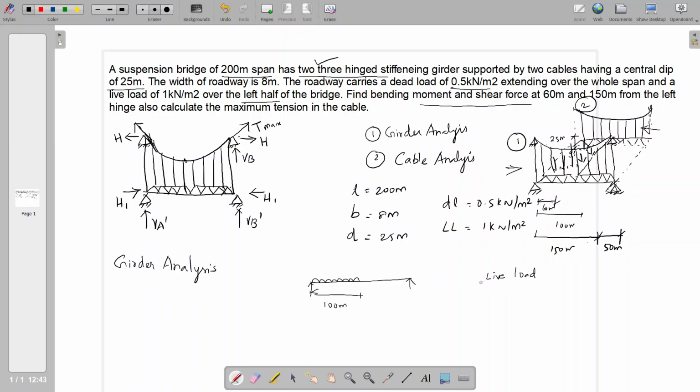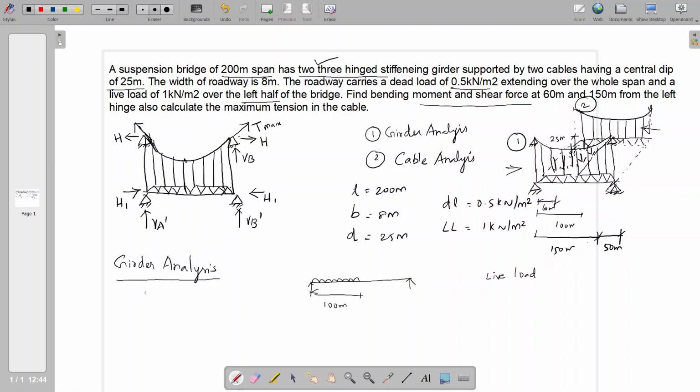Because in the girder we have bending moment and shear force, whereas in the cable the bending moment is not present and shear force is not present, because both are zero. In the girder, you can calculate the bending moment and shear force. It is subjected to only the live load. The dead load means the self weight of the cable, so it is not accounted in the girder analysis. Only the live load is